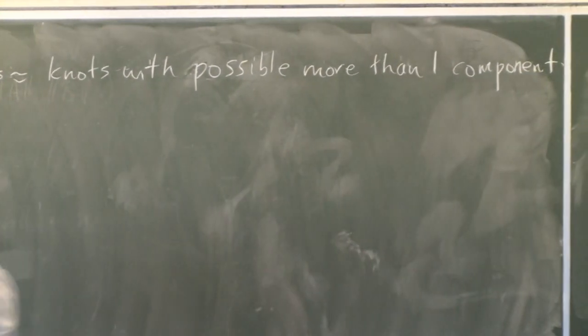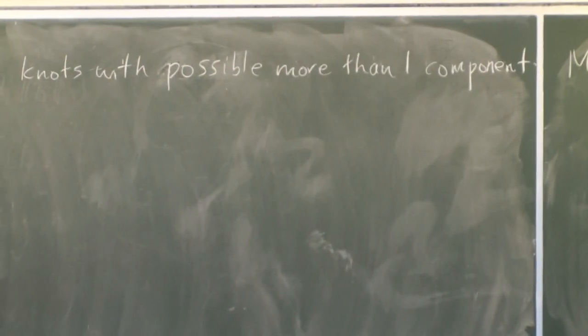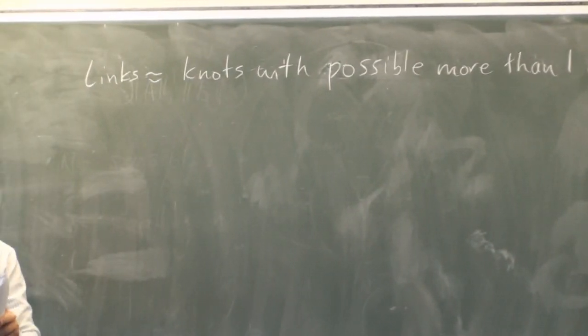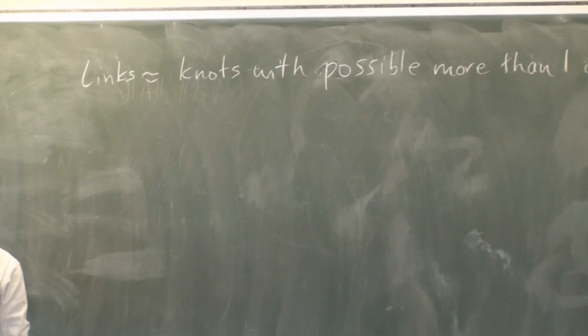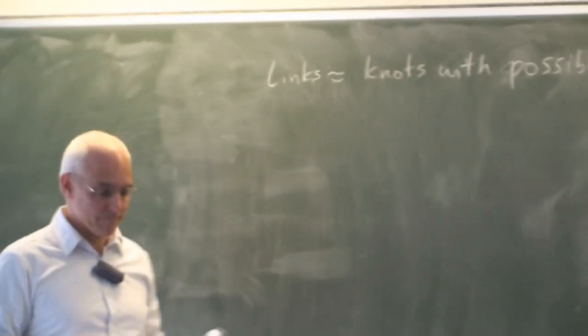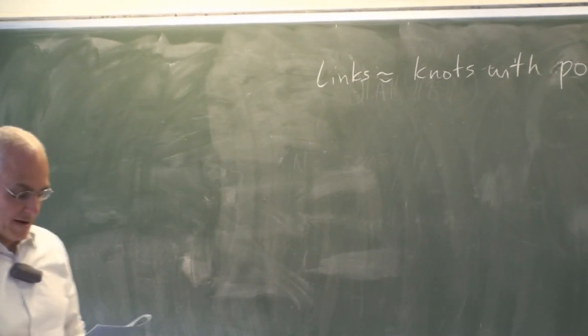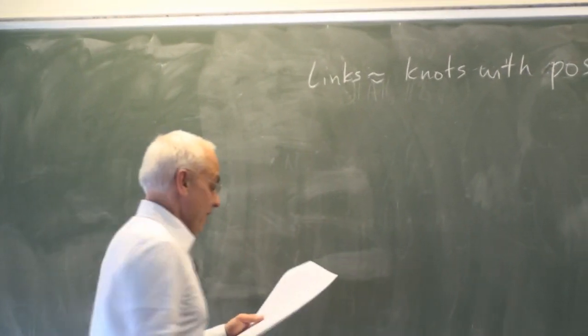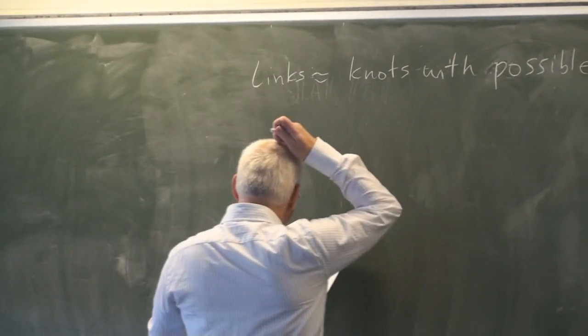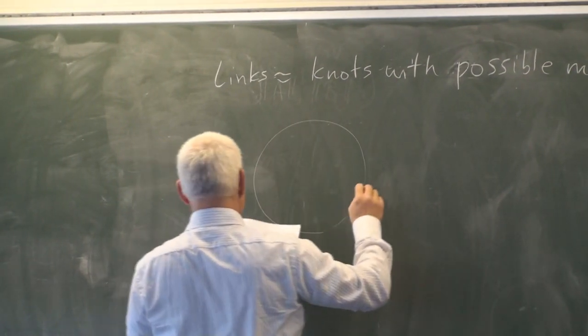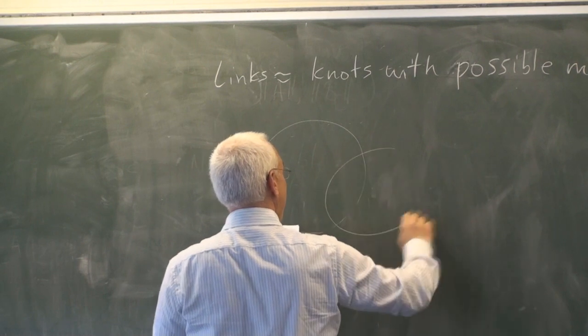What's a knot? A knot is something like a trefoil knot that we talked about in our first lecture, where you get a rope and you string it around through itself and tie it up again. So let me give you an example of a famous link, which is not a knot. Don't copy this quite yet. Let me draw it first.